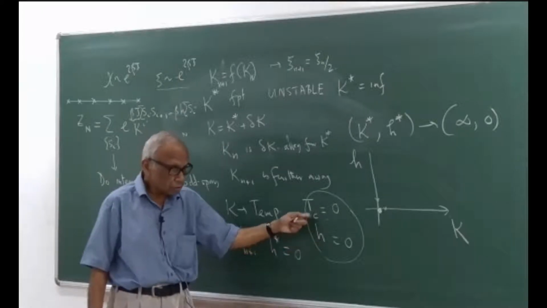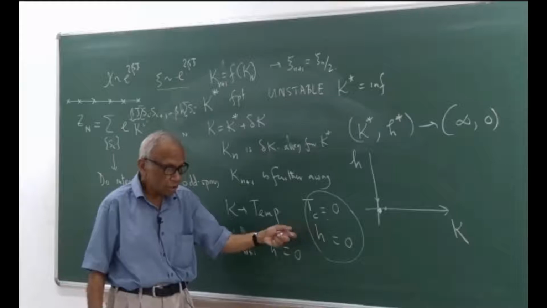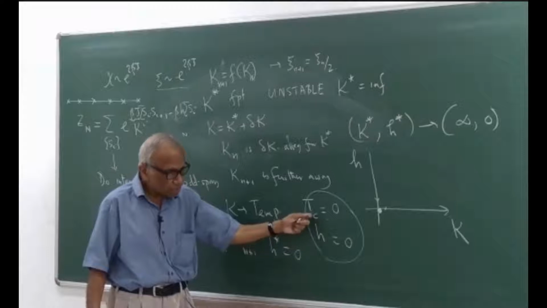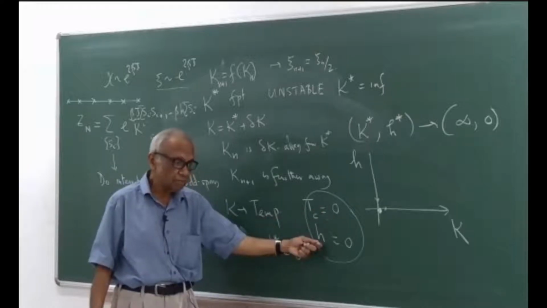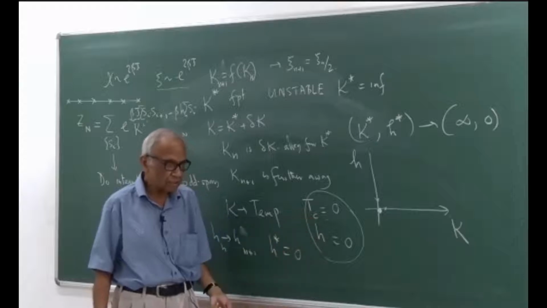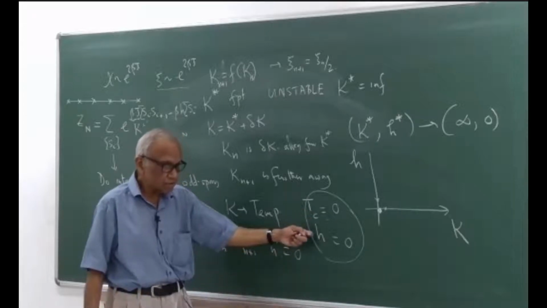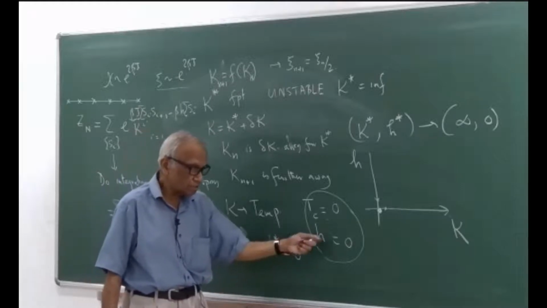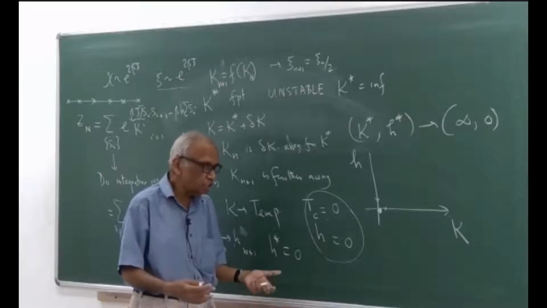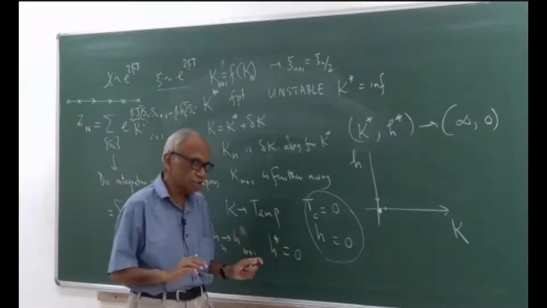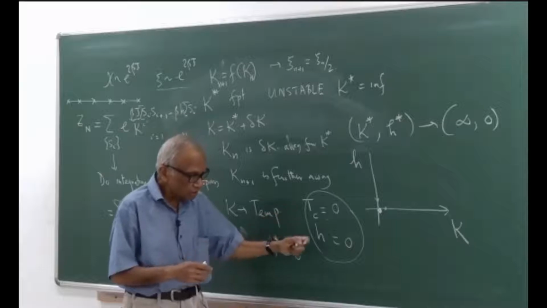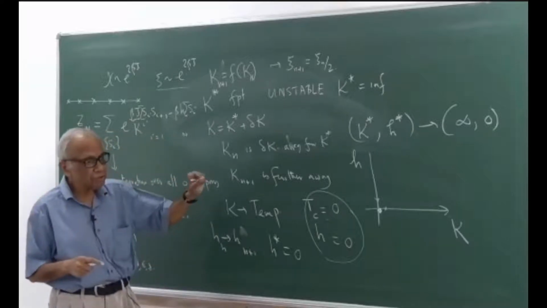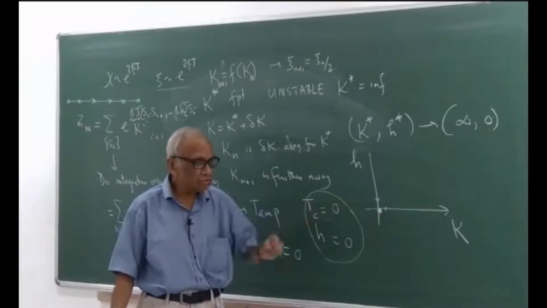So both of them, I have to be at the critical value, and so if I am at Tc equal to 0 but I have a finite magnetic field, then you are not going to see critical behavior. So finite H at Tc equal to 0 is not critical. And similarly, at H equal to 0, a finite T is not critical. It is only if you tune it to H equal to 0 or K equal to